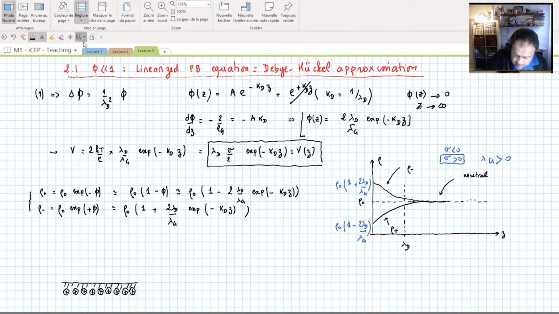Here, I clearly attract a lot of negative charge. Of course, when we have this negative charge, above that, we have some positive charge. The ions are not fully condensed on the surface. They are a little bit diffused.